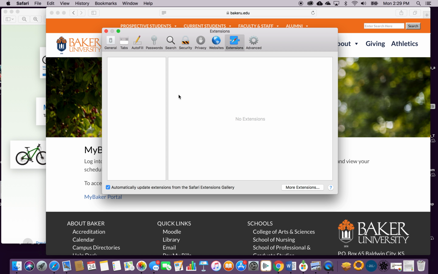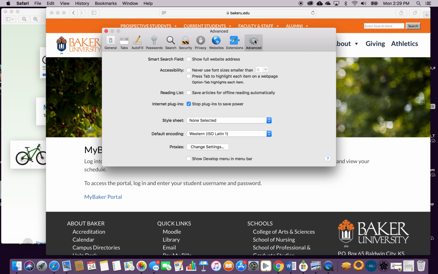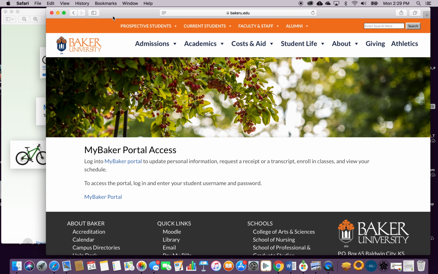And here are your extensions, which is for a totally another class. And then you have your advanced, which shows the full website address. You can also change your style sheet, or the look of your Safari. So those are all things about Safari that I would like for you to explore. But I'm going to go ahead and close this out, go over to my Apple, and we're going to